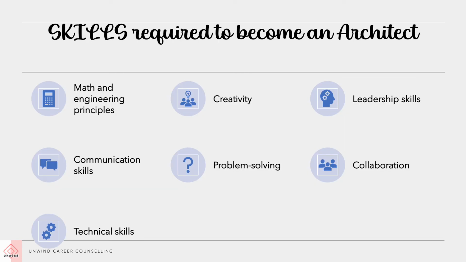Now, after looking at the types of architects, we will see the skills which are required to become an architect. When you see the skills, you will have to match the skills, your aptitude and your interest, and then you have to decide whether you want to pursue this field or not. The skills required are math and engineering principles, creativity, leadership skills, because you will have to handle the projects on your own, communication skills, because you will have to get the contract and handle the entire presentation of your creative work, problem solving according to the land laws, the laws which govern that particular area, collaboration with various faculties,